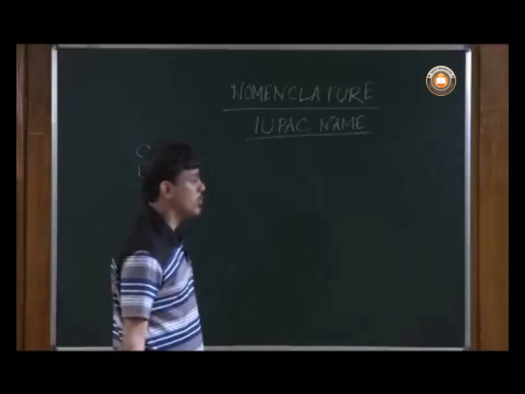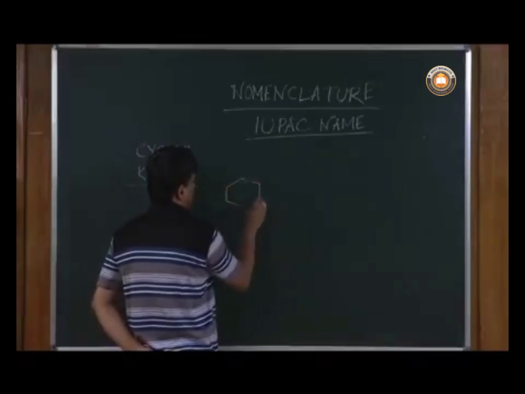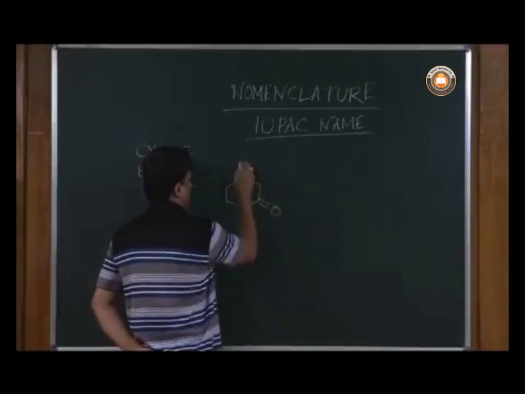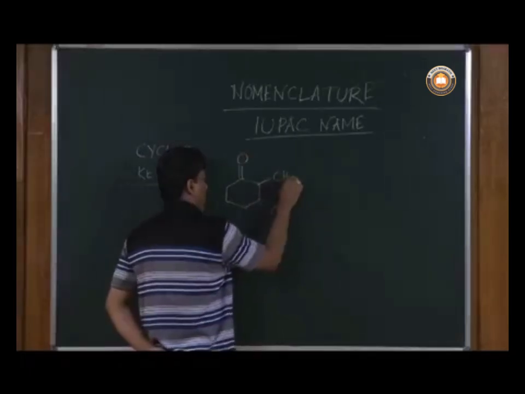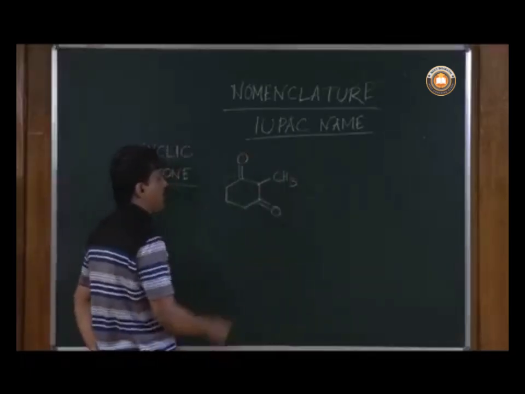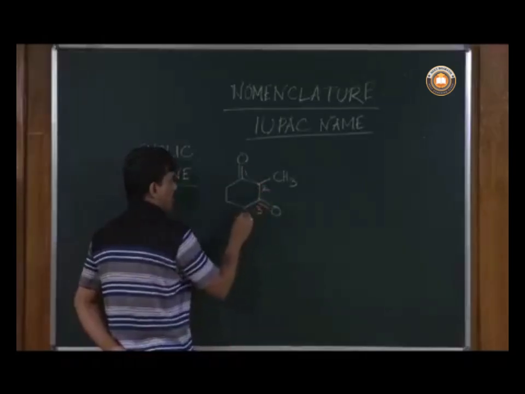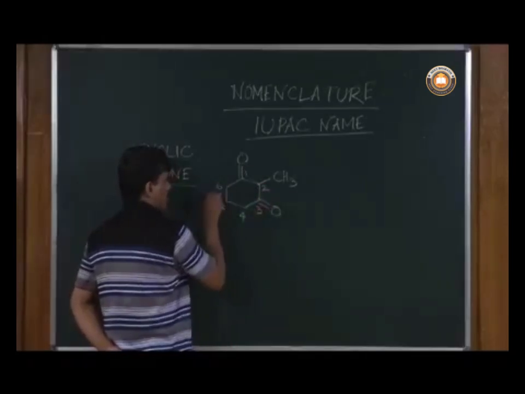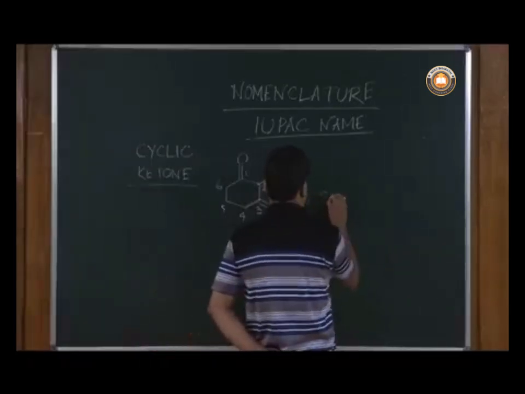When two carbonyl groups are present like this, then they are called dione. And numbering will start from one of the carbonyl groups, so the IUPAC name will be